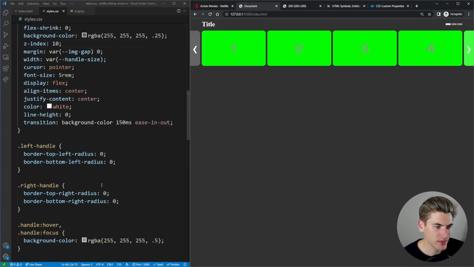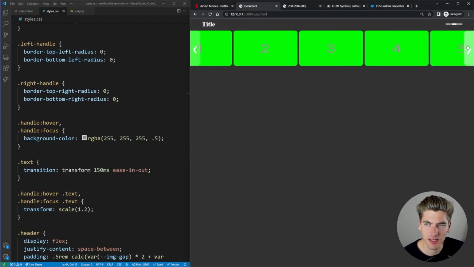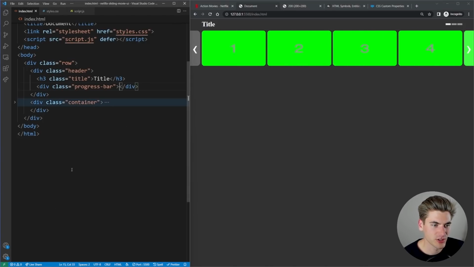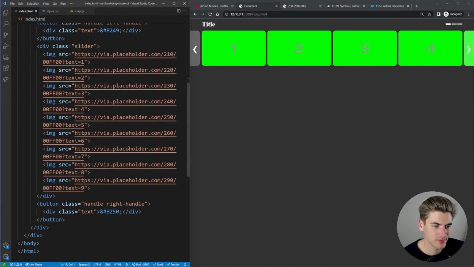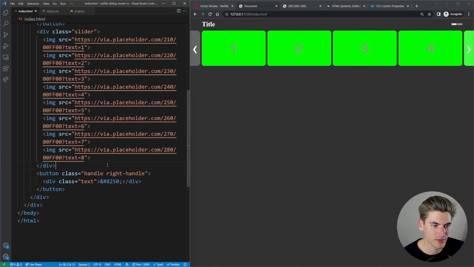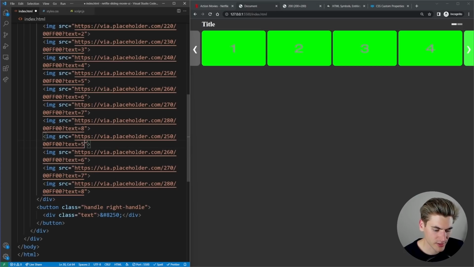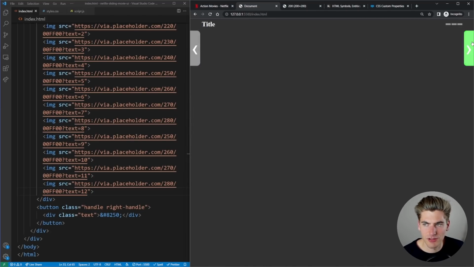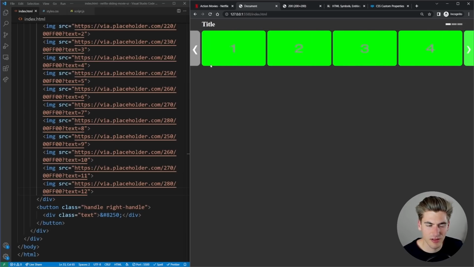Let me think if there's anything else left that we need to implement now. So we have the sliding, besides obviously the looping. I'm going to change it so we just have 8 elements in our thing for now. There we go. That way we have kind of like the perfect number to always work with. Or maybe I'll make it so there's 12. So I'm just going to copy these 4. I'm going to change the text. So 9, 10, 11, 12. There we go. That way we can have like a middle page, we have a beginning page, and then we have our end page, obviously. Okay.